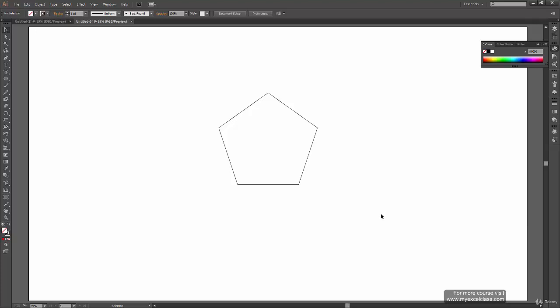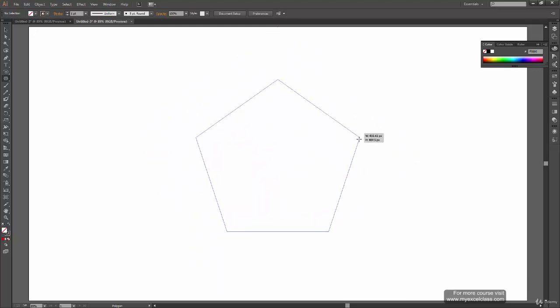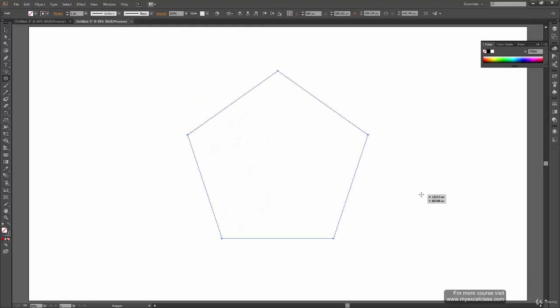Now let's see what option keys we have with the polygon tool. First of all, like always, we have the shift key, which will snap our polygon to a certain axis. Now this one is limited. Now I cannot rotate it. As soon as I release my shift key, I can rotate the polygon. When I press the shift key, it snaps to a particular angle, and after that I am not able to move it at all. I can only scale it, but I won't be able to rotate it. Okay, so release your mouse and shift key to snap it to a certain angle.